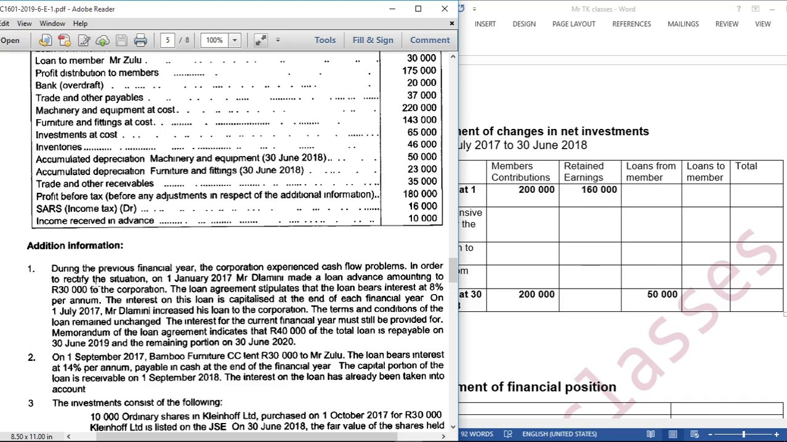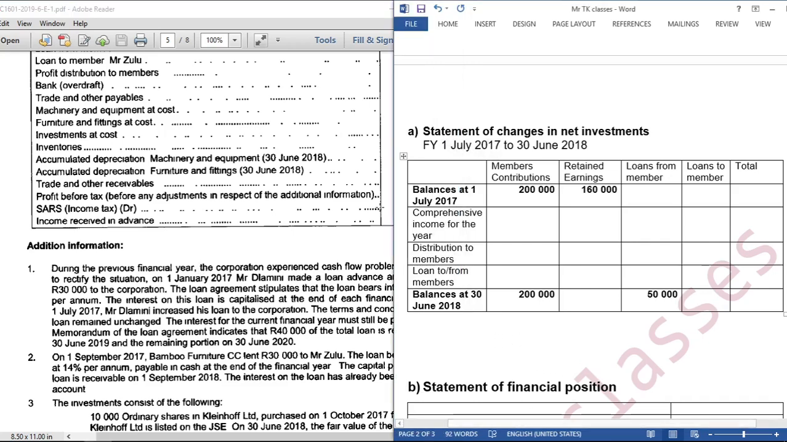So we are going to say, okay, let us just go on. On 1 July 2017, Mr. Dlamini increased his loan to the corporation. The terms and conditions of the loan remained unchanged. The interest for the current financial year must still be provided for. So if you look at the dates that we are given here, let us just break down these dates. On 1 January